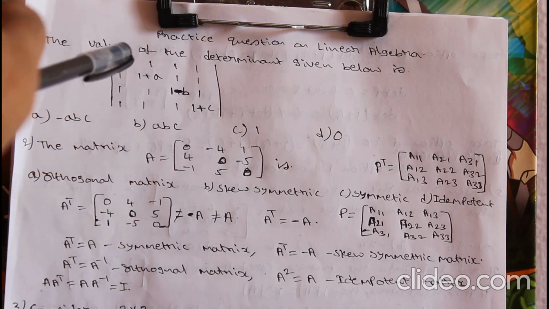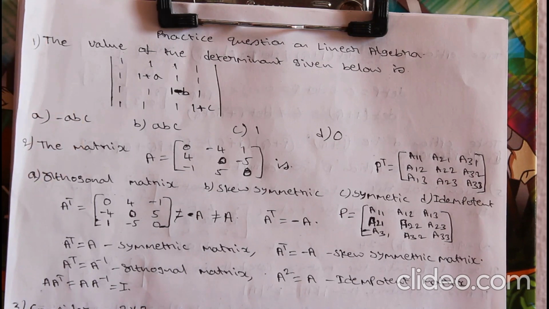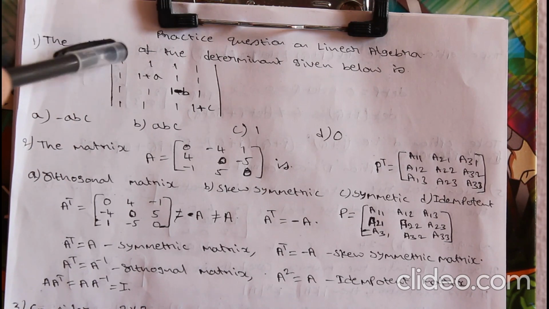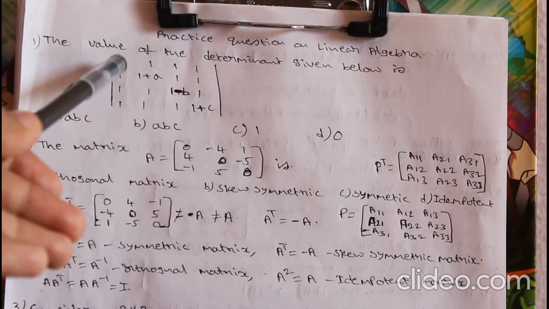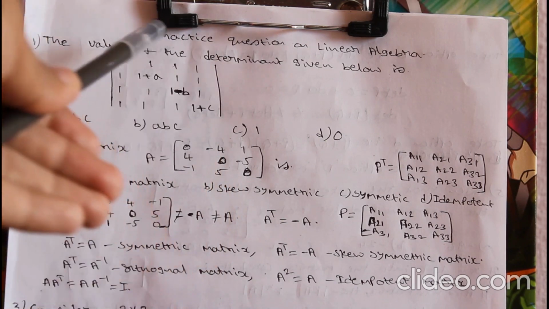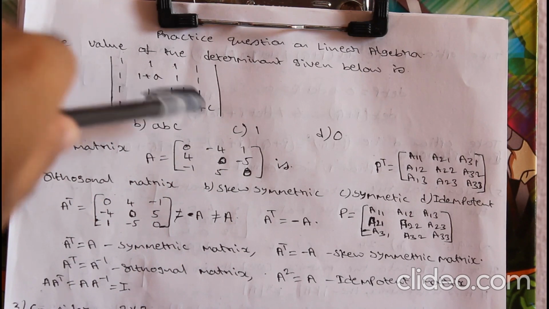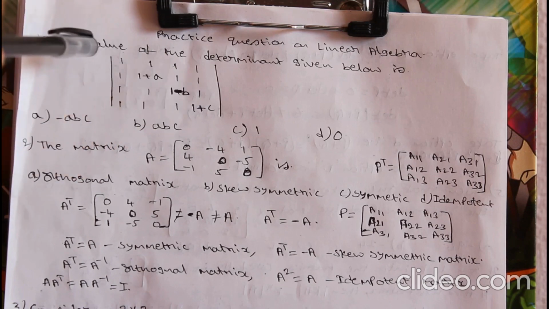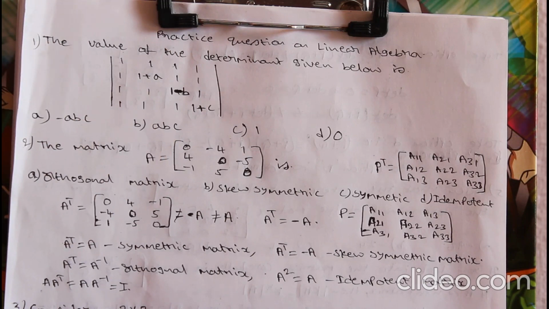In my previously uploaded video, I told you that for any upper triangular, lower triangular, scalar, or diagonal matrix, the product of the diagonal elements is nothing but the product of the eigenvalues. Product of eigenvalues means what? Determinant. So the determinant is directly the product of diagonal elements in case of upper triangular, lower triangular, diagonal, and scalar matrices. So if I reduce a matrix into upper or lower triangular form, then I can directly multiply these elements. That will be the determinant. I got the idea from the knowledge of step 1.